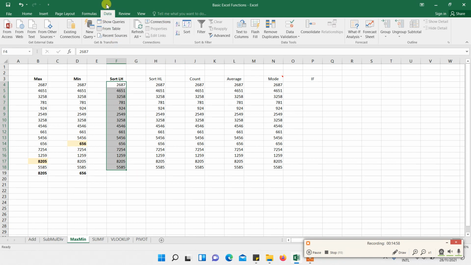you just need to go to data and go for the sort option and in here you will see A to Z, and A to Z in the sense smallest to largest. So you just need to click on it and you will receive the answer. So all the information will be sorted from smallest to largest in ascending order. In here I mentioned LH, L first and H subsequently, in the sense that lowest to highest, and highest to lowest case,